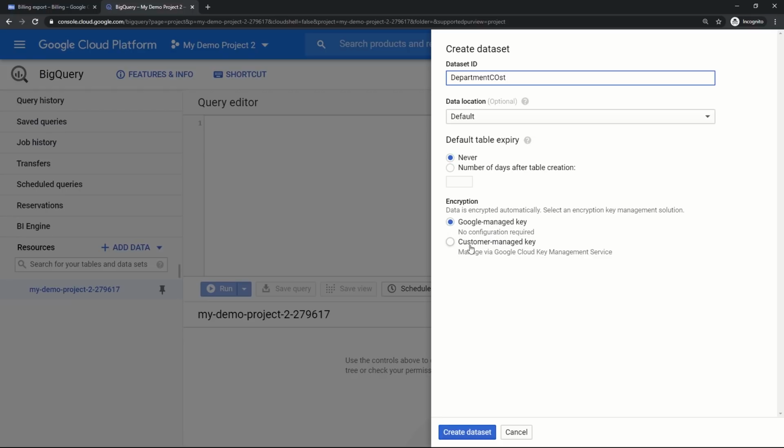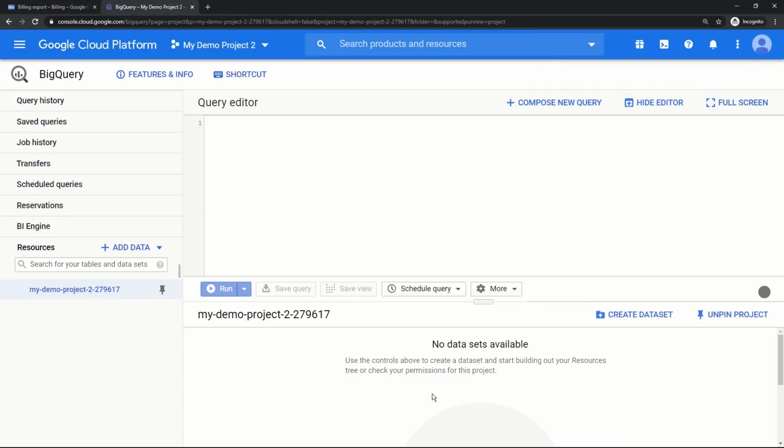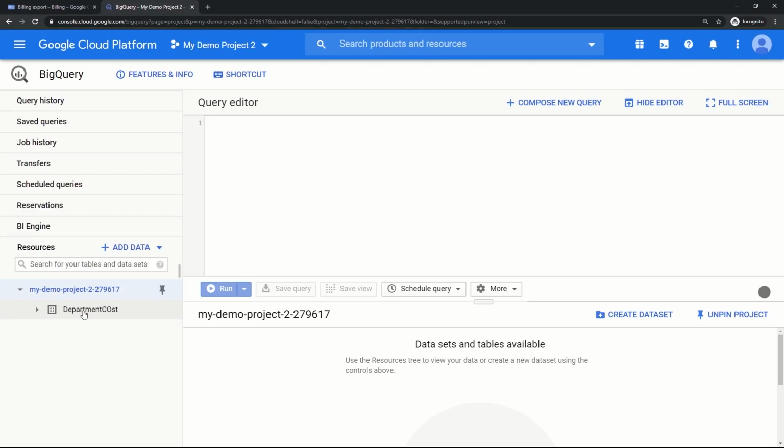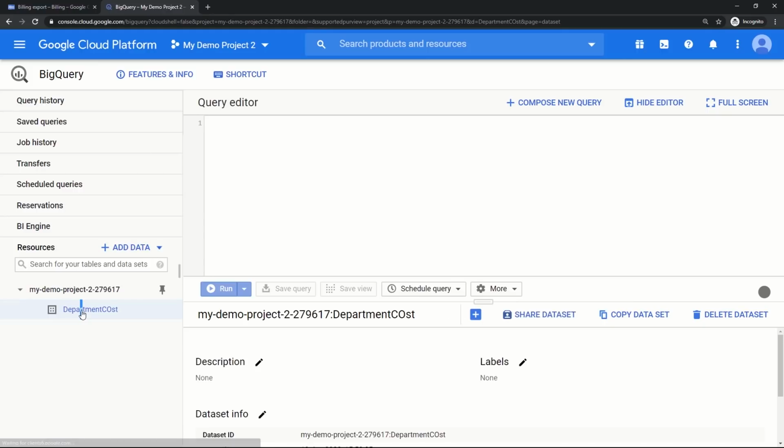Currently, we don't have any key to encrypt our data, so we will go with the Google one. Google security is the most robust in the market, so you can rely on Google managed keys. So your department cost dataset is ready. You can see under this project, the dataset is available.